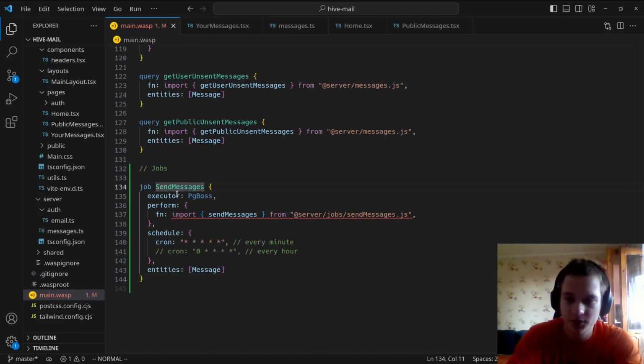Here we need to specify the job executor. It's the program that will be responsible for performing our jobs. As of now, Wasp only supports PgBoss, so we'll use it. Then, for what we need to perform, we pass a function. Also, jobs have some other parameters that we don't need now, but you can check them in the documentation. As of now, we are importing functions that we'll create in a minute, and we make a schedule for this job